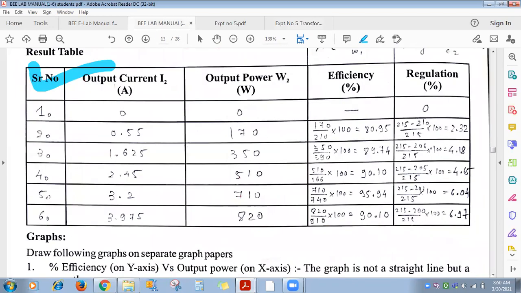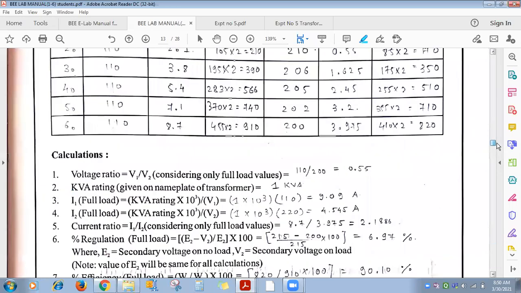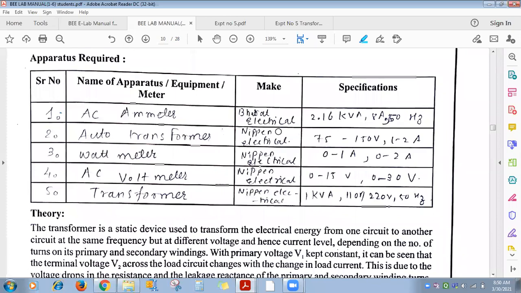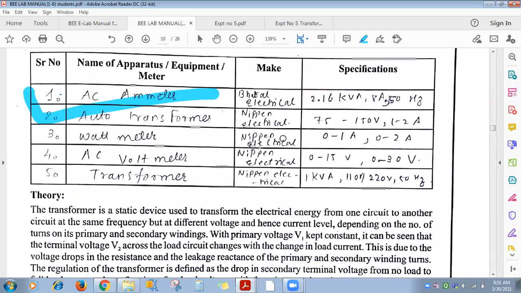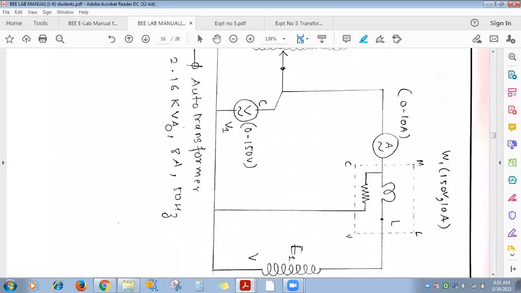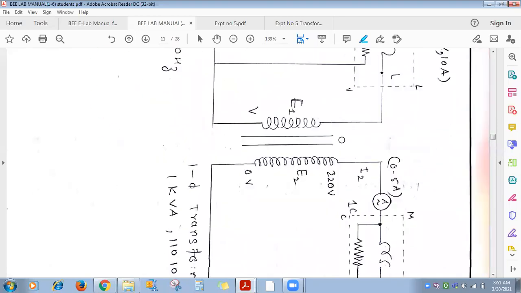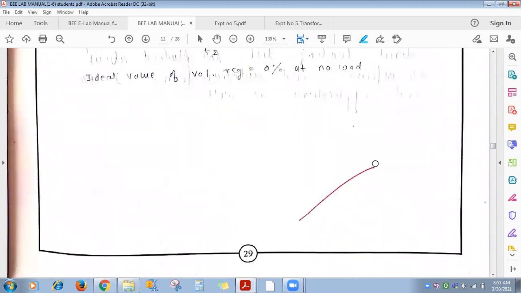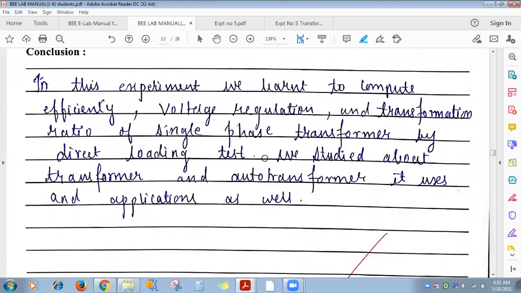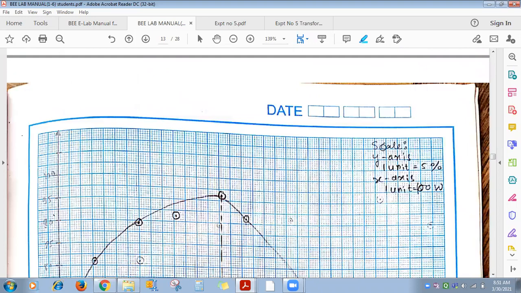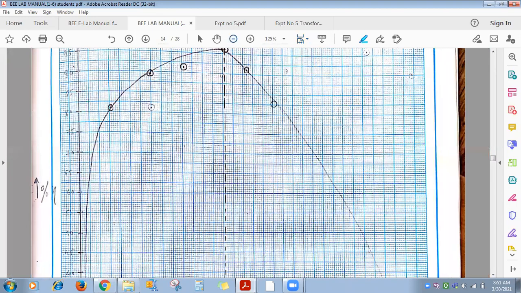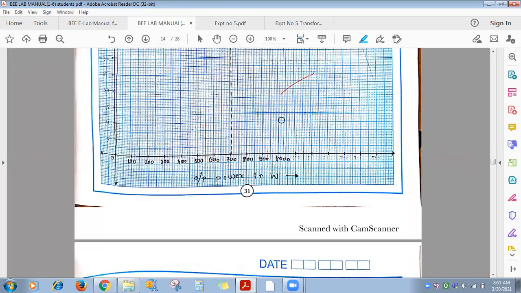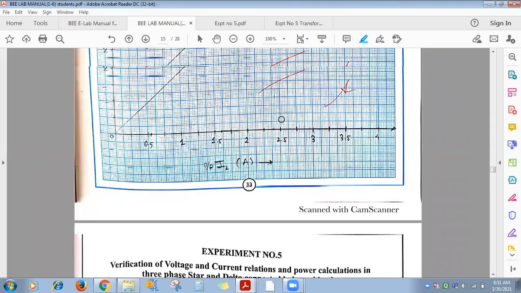Okay, so see, the last year manual will show you. Before this pandemic situation, we were giving a printed lab manual and some space was blank, where students used to write while performing the practical. They make the connections like this, and then perform the practical in groups. They note down the readings, do the calculations, then the result table, and then write the complete conclusion, and graph. See here, graph. This one I posted on the batch official group. So like this graph, you have to draw efficiency versus output power and voltage regulation versus output current.